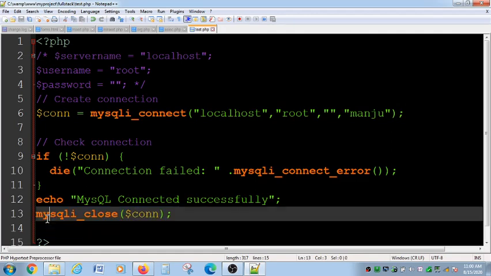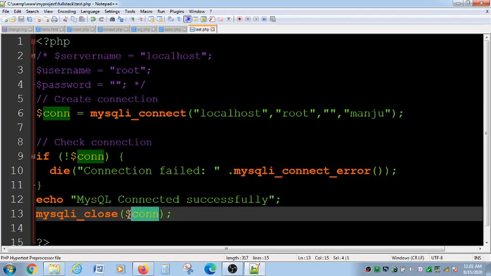So this is very important whenever you are doing some real-time projects or some secure application. At that time you have to ensure that this connection is closed, or else there is a chance of other PHP sessions getting access to your database. So you just have to ensure that mysqli close connection is used.